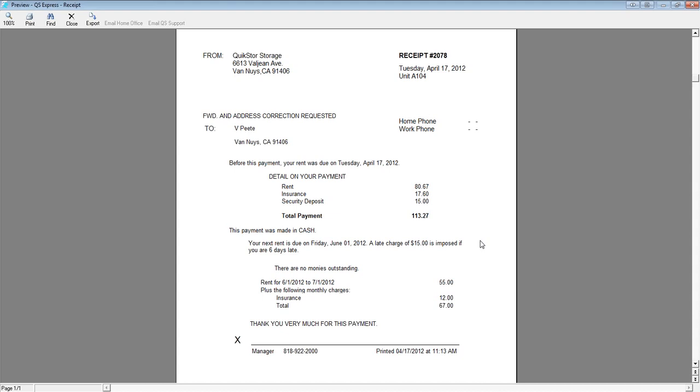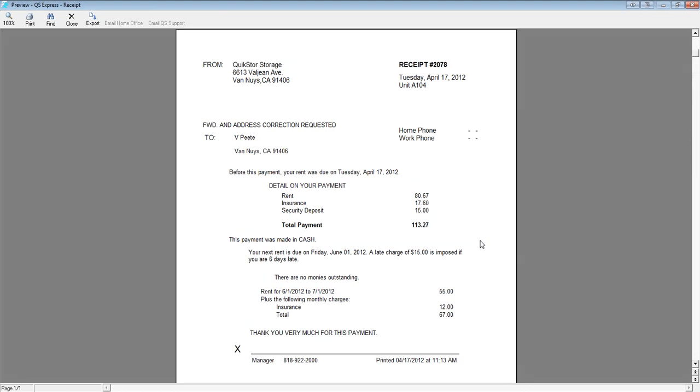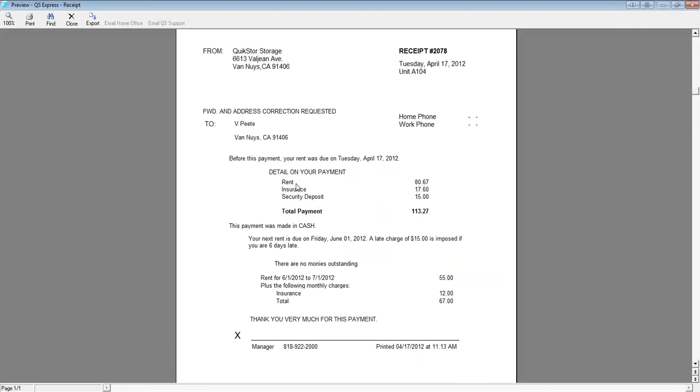And again, if you already are offering insurance, this is no big change from what you've already done. The big change is in the customization that you can then change the insurance rates that you're offering based on any changes that the insurance company would be making. But you can see very easily their insurance for what they've paid for, or the rent is going to be this amount. Now this includes $55 for a full month, and then also the prorated amount for moving them to